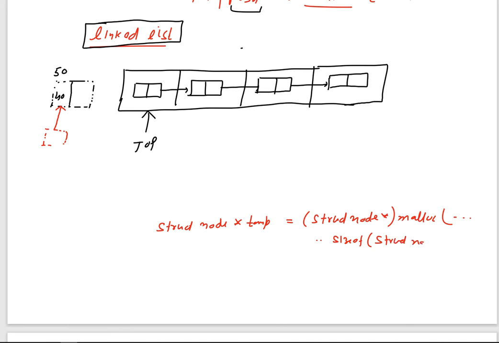So by writing this line, what will happen? This particular structure will be created inside the memory, and it will point to 50.